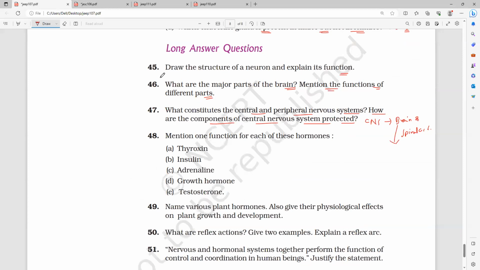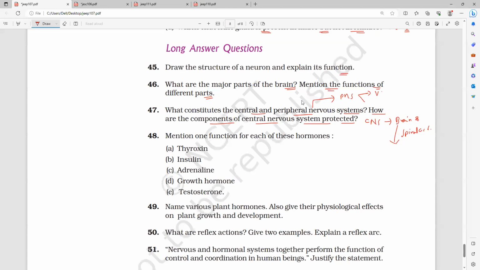Vertebral column. Next, the PNS. The peripheral nervous system is what? The PNS has 2 components. What is that, guys? I have given you very clearly: cranial nerves and spinal nerves. The PNS has 2 things. What is that, everybody? One is voluntary and